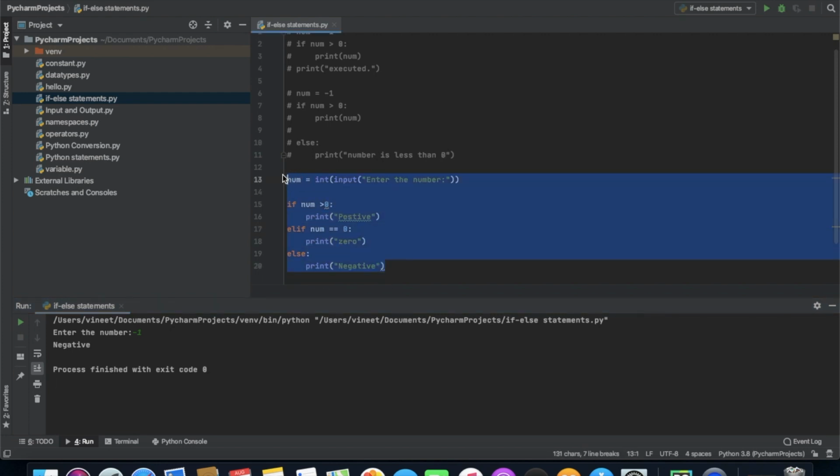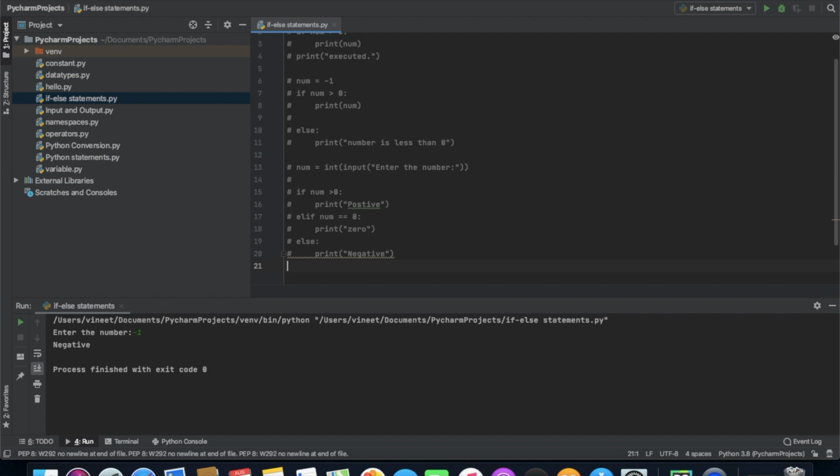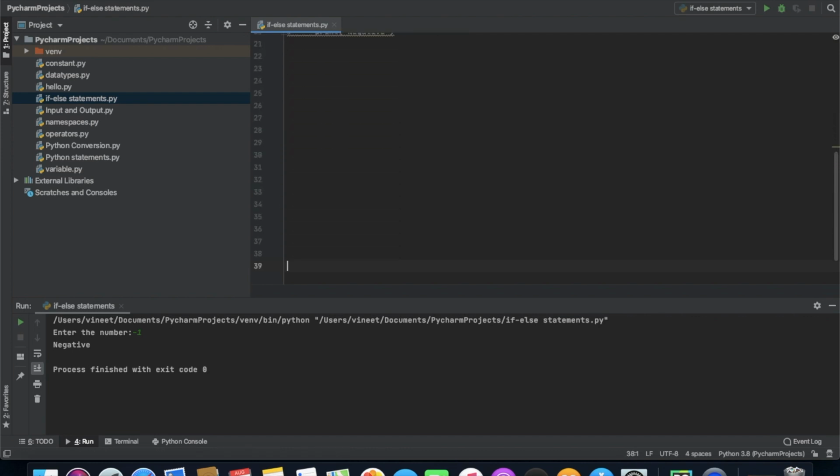Let's make this commented out. Let me make the screen a little bit clearer so it will be more visible to you guys. Let's take an example. num equal to float input, "Enter the number".